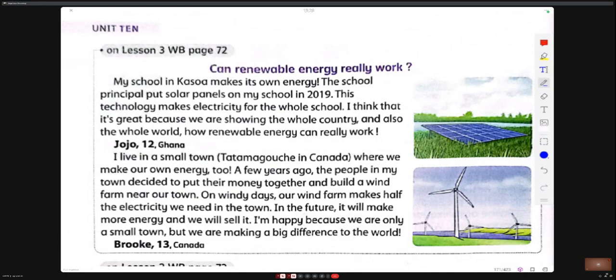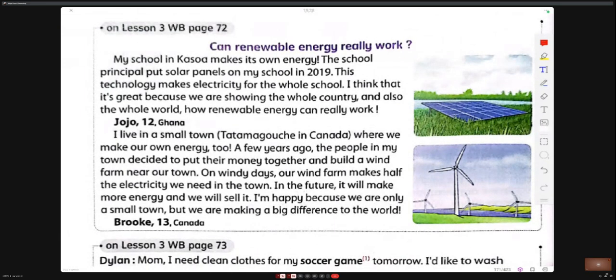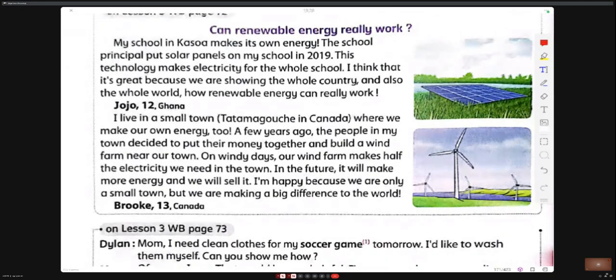This technology makes electricity for the whole school. I think that it's great because we are showing the whole country and also the whole world how renewable energy can really work.